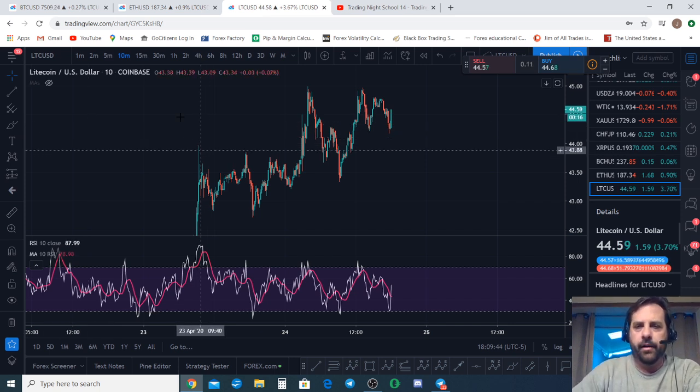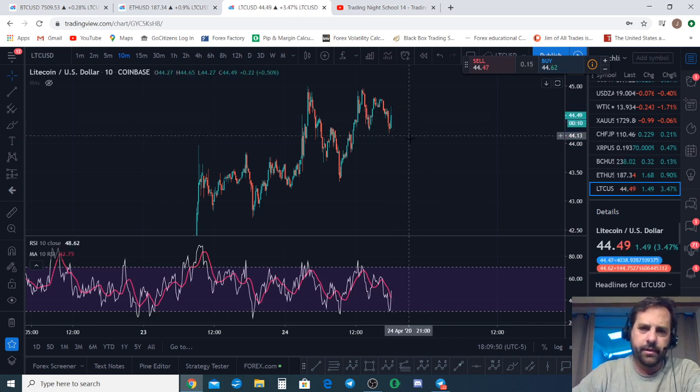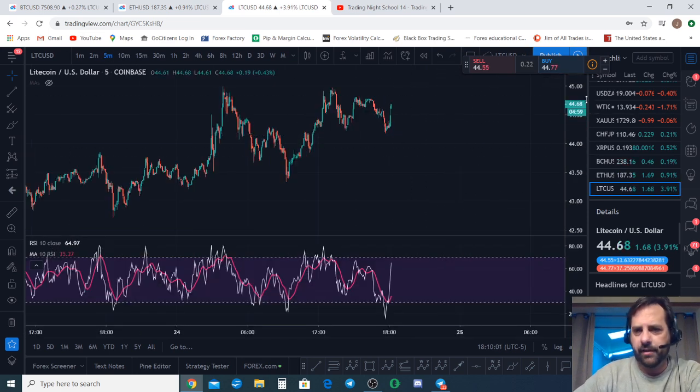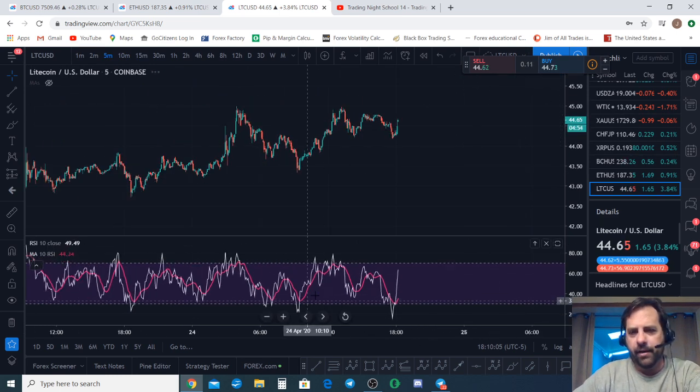Looks like we're getting a bit of a pump right now, even as we speak on camera right here at LTC. And a wick down. We'll have to wait and see if we get any follow through on that. A lot of times it starts pumping, it'll back down, and then head on. There is major on the 5 minute chart. Just don't forget this is not financial advice. As we jump in, here in Litecoin, there is major hidden